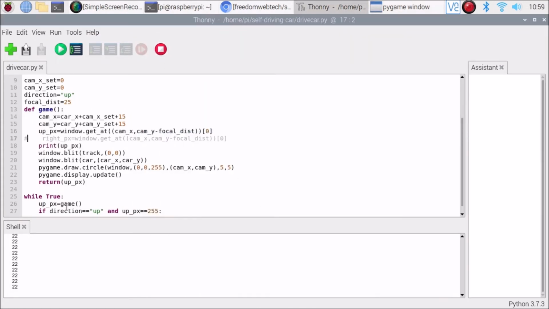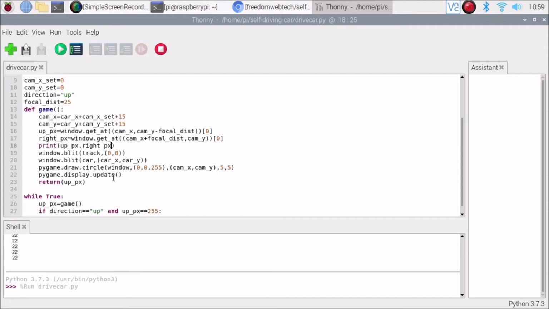This is our condition: right px equals window.get at camera x plus focal distance. Now we don't want to minus the focal distance from camera y, we want to add the focal distance, then we will get the right side pixel. Okay, if I save the code and run the code,